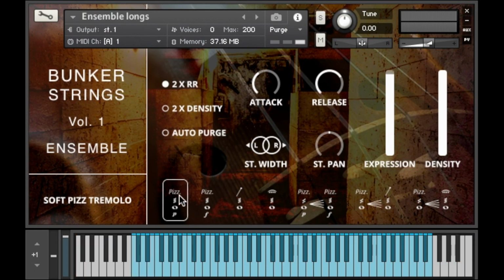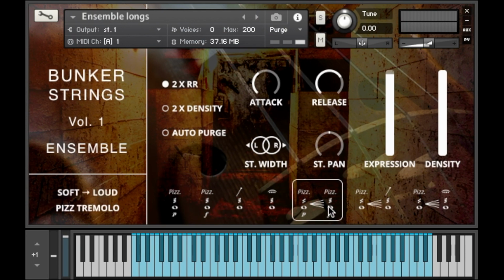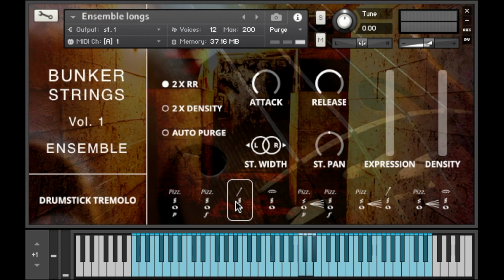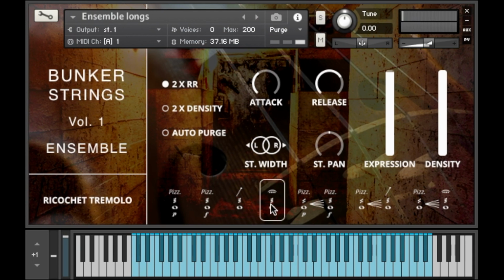You have the 4 single articulations here and the 3 combo articulations. And you can always see out here whatever you have selected. So this is the soft pitch ensemble, the loud pitch, the drumstick trem, great for horror, the ricochet trem,